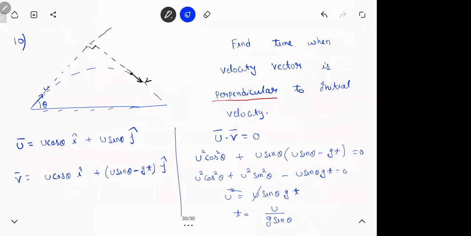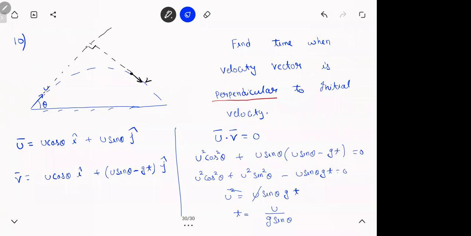So have a look at this. Basically, you have to find u bar, v bar, and just do the dot product. This is a problem based on vectors, dot product, and projectile. This is what we keep saying: in physics all chapters are connected. If you don't know anything about dot product, you won't be able to do the problem. You should know how to resolve vector components, i cap, j cap, then dot product. So it is more of a vectors problem than projectile. Projectile is just a cover.